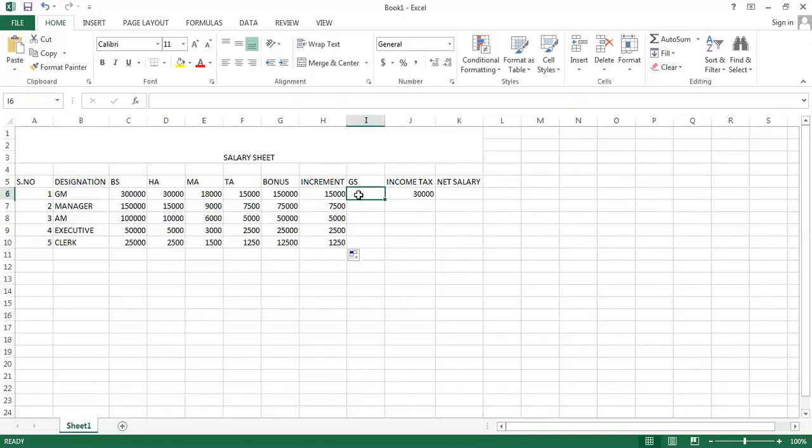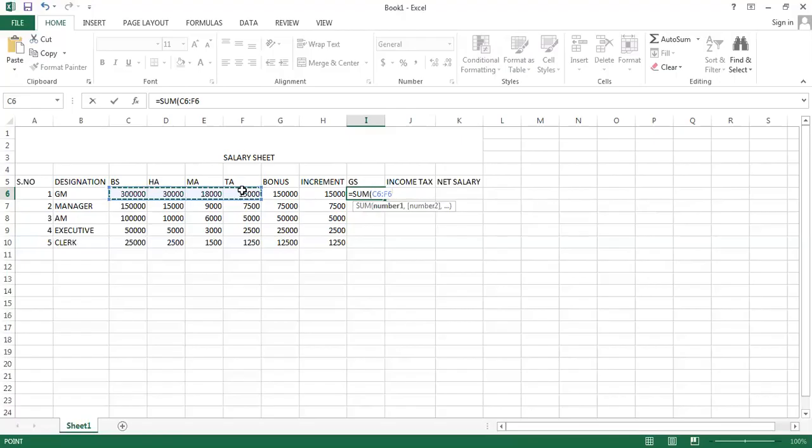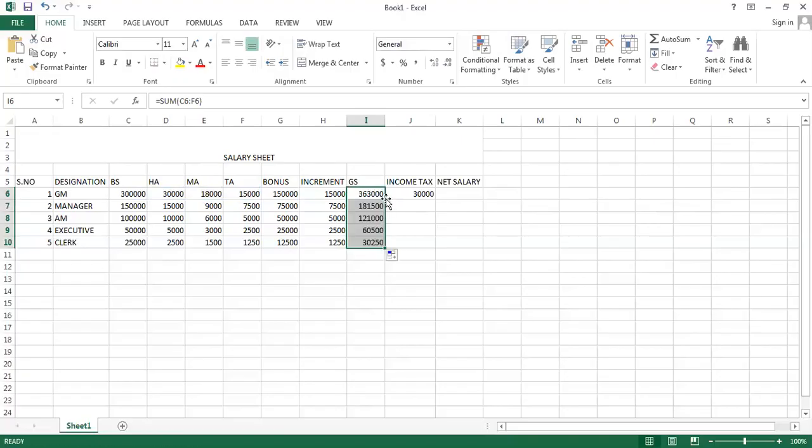Okay. Now we need to calculate the gross salary. In order to calculate the gross salary, again in the criteria, we will not add the bonus and the increment. Therefore, we will be using the formula of sum is equal to sum. I'll press a tab, and then I'll select cells from C6 to F6. I'm not adding the bonus and the increment as this is a criteria. This is not the realistic salary model. So you need to press enter. So you will be getting the sum of the basic salary plus the home allowance plus the medical allowance and the transportation allowance. Double click it over here. All the gross salaries will be appearing over here.